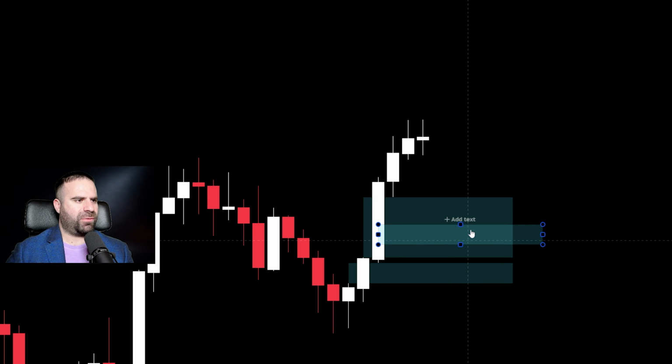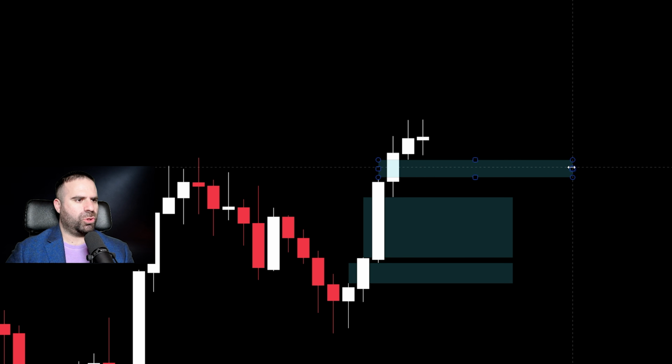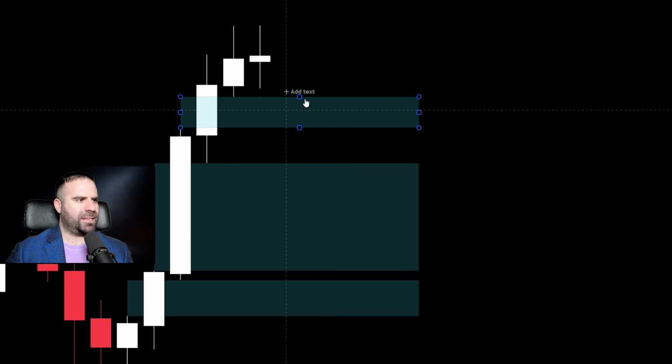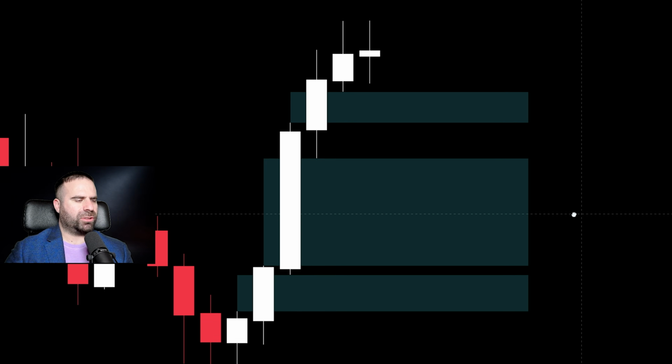Okay, another fair value gap. I think you know what a fair value gap is. If you don't know, it is the gap that is created between three candlesticks. And if I do that and increase this area, you see the low of this candlestick right here and the high of this candlestick right here have left a gap. They are not covering this candlestick that my cursor is right here. Okay, so we have one candlestick, 2 and 3 for this fair value gap, and this area is not covered.